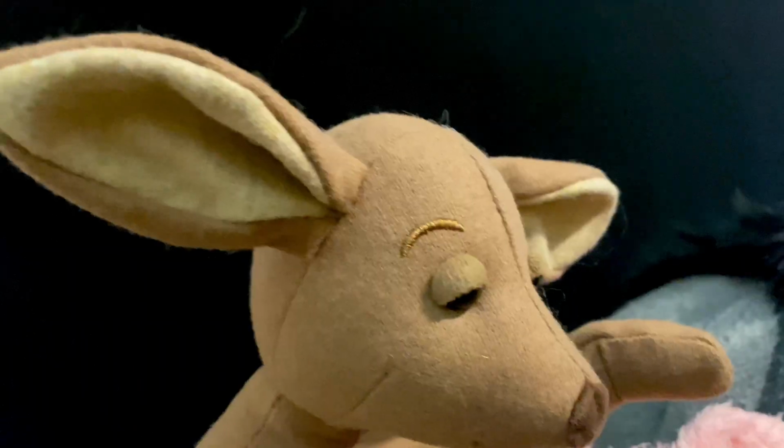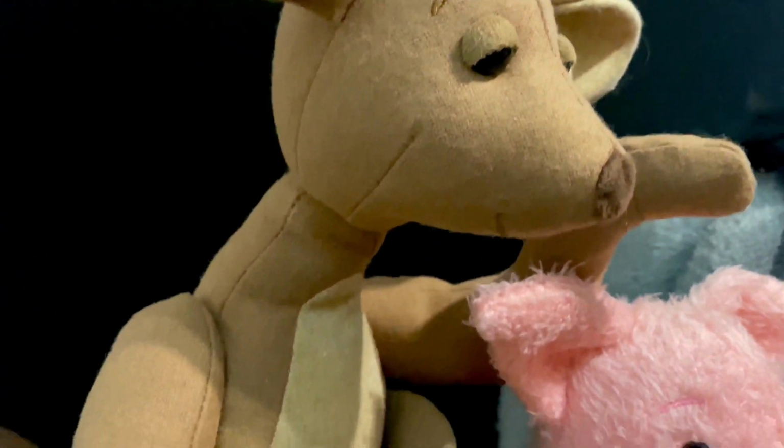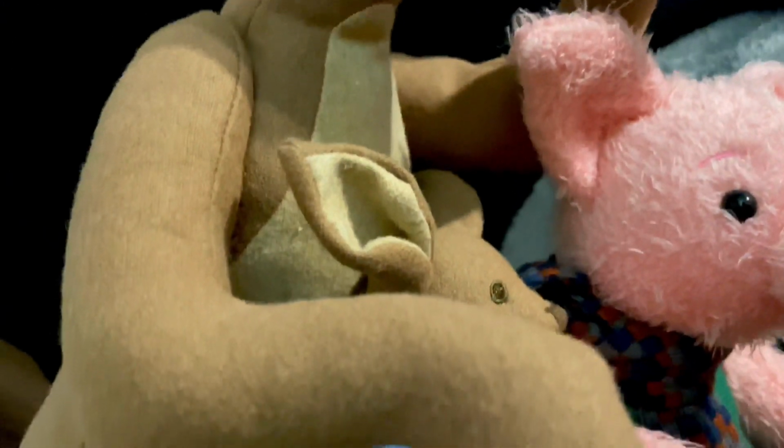I think one of the more rare pieces is definitely Kanga and Roo. I found her in Disneyland Paris when I was there, and I did not buy her, and I had her in my hand for $16, I remember, and I did not buy her. I was like, oh no, I'll pick her up later. Never went back, and in the end, well, actually she was a gift. And what I was told was that she was over $100. So definitely one of the more rare ones that they didn't just mass produce,